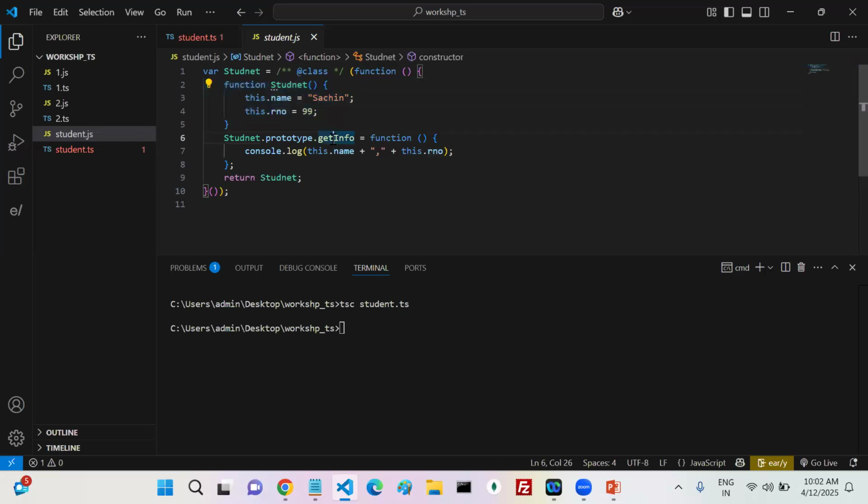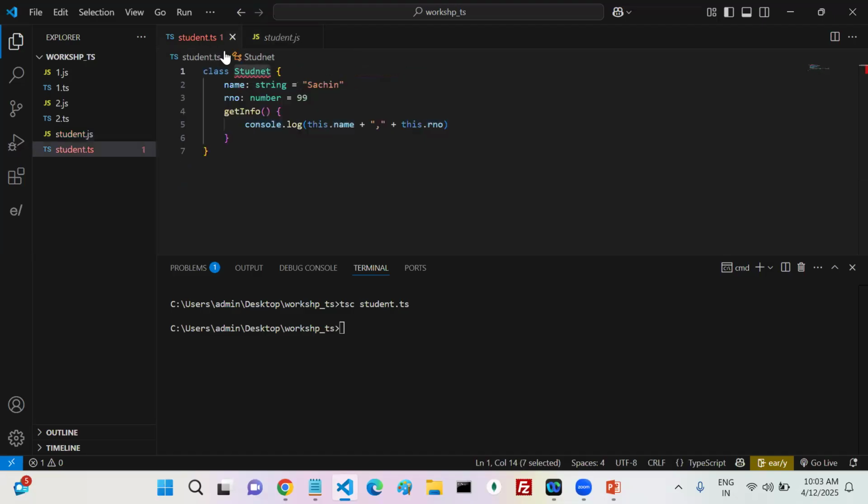Yes. There is one method. That method is converted like an inherited method. So how can we inherit it into my student class? Student.prototype.getInfo, one function, something like this, or not? Yes or no? Okay, now see, whatever JavaScript code you write, it is converted the same way or not?